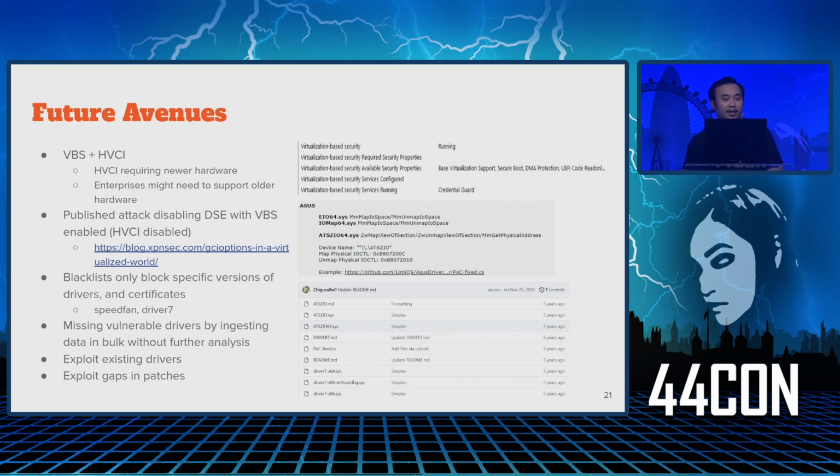So what that means is that if there is a newer version of the driver with the same vulnerability, or a variation of it, the blocklist is not going to care. I encountered several instances of this, like the SpeedFan driver and the Driver7 driver. For the SpeedFan driver earlier this year, when I tried to exploit it, I saw that the Microsoft blocklist blocked the certificate, but there's a newer version. If you download the SpeedFan driver from the SpeedFan website instead of using the one included in the published exploit,